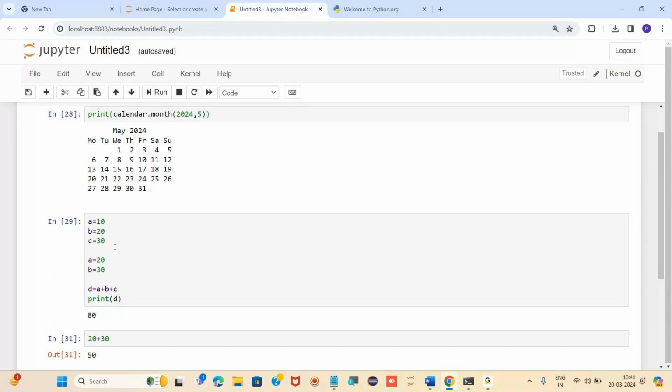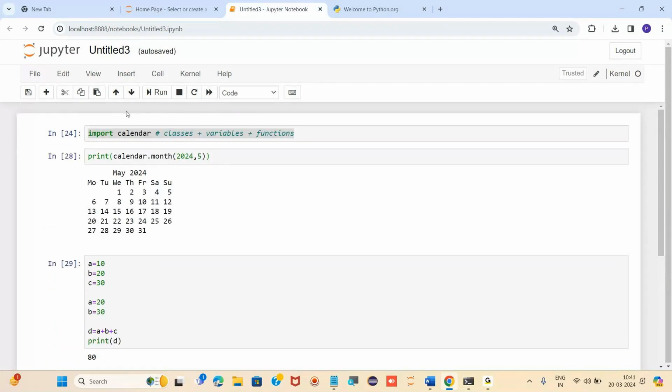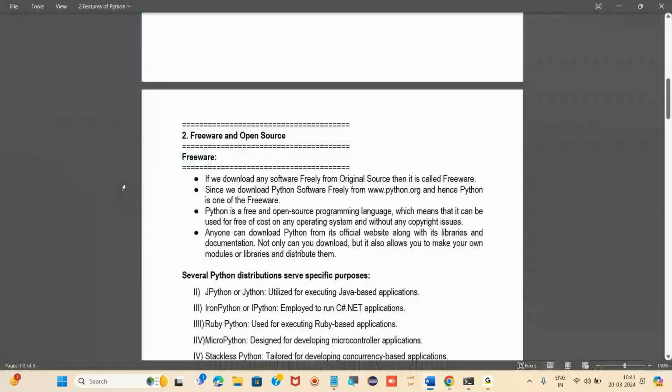These are the source. Whatever we have inside Python, these are the source, and it is open to everyone. Anyone can use it. That's why it is known as an open source language. It is freeware, which we can download easily, freely, without paying any charges. And also it is open source.